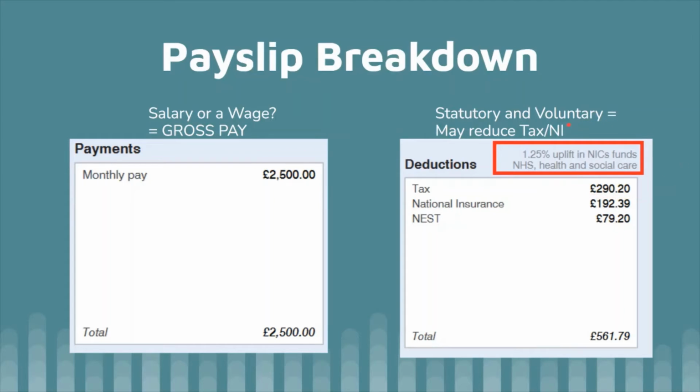Now, just recently, there has been a 1.25% uplift in national insurance contributions. There's been a lot of information within the media. HMRC have been flagging this up with employers and employees. But it's also good just to reiterate, if you are an employer and you're running payroll, if there's any key information that you want to reaffirm to your workers, you can actually detail that within the payslip as a little